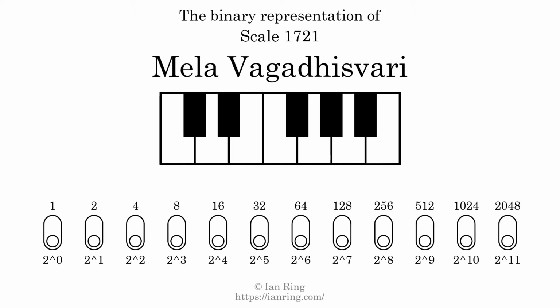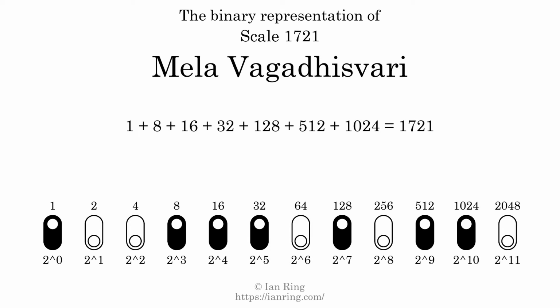The binary representation of this scale is determined by mapping tones of the scale to binary digits. Each binary digit represents a power of 2. To get the scale number, we add the powers of 2 together. The powers of 2 that are present in the scale, all added together, equals 1721. That is why the scale number, in decimal, is